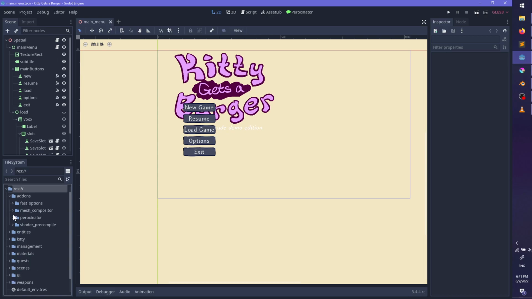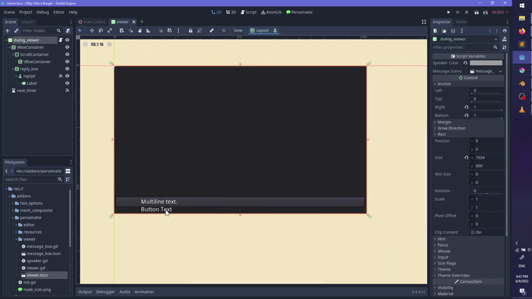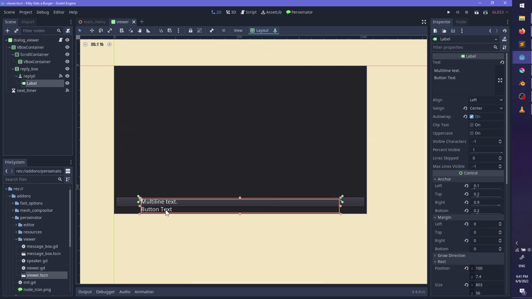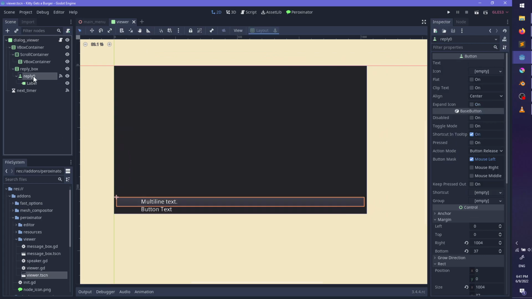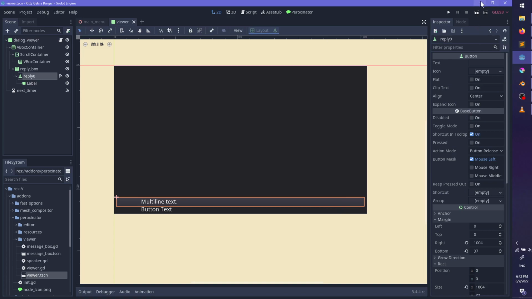Add-ons, peroxinator, viewer. Multi-line text, button text. Okay, so that's basically how I do it. I just make a button, or just make a label. Alright, I'll do that then.